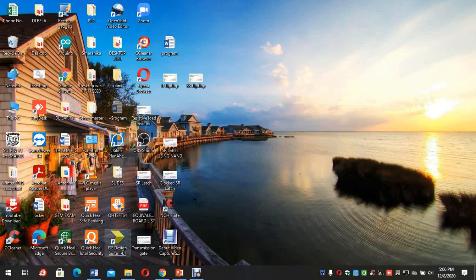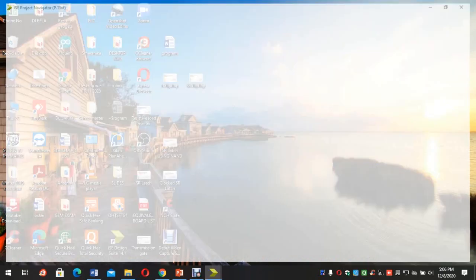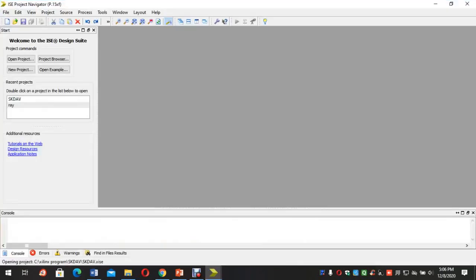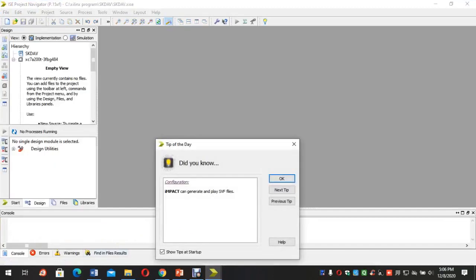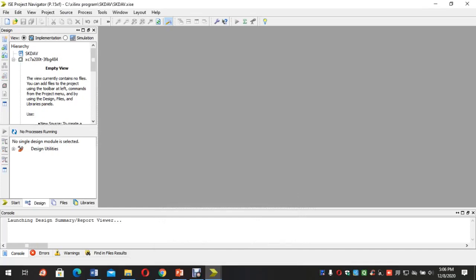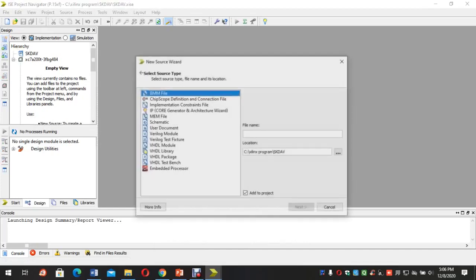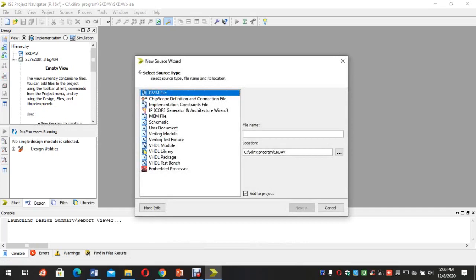For this experiment, first we click here. After the opening of this window, we click here, new source widget. Here we select VHDL module, then give a name, as our experiment is D flip-flop. So here I give the name D flip-flop.